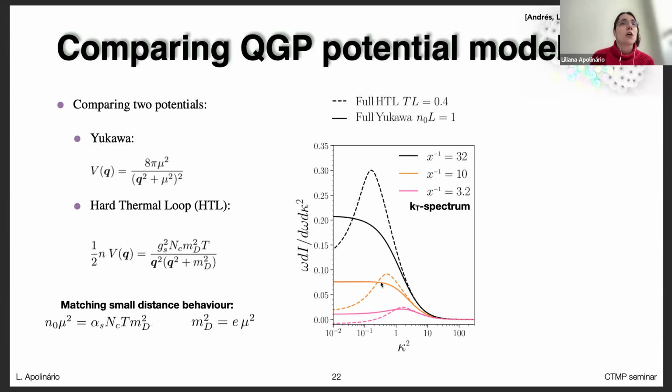So I can just focus on some sort of Yukawa, which is basically static scattering centers, or I can even refine now the description of my quark-gluon plasma and instead consider the interactions in a thermal plasma as the QGP would be. And for instance, in this plot here, I have now in solid the full Yukawa predictions, and in dash the potential that comes from hard thermal loop calculations. And in this case, the Debye mass that we used is considering 3 flavor quarks that are behaving